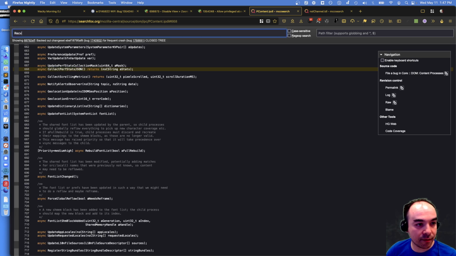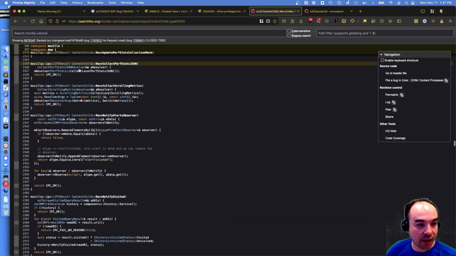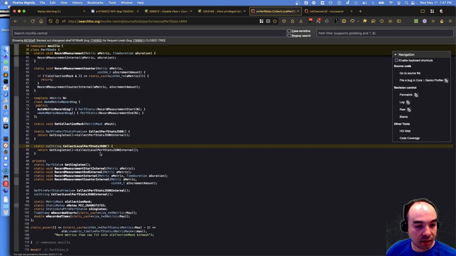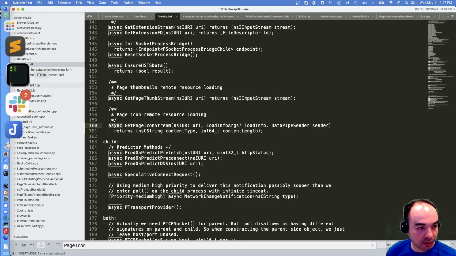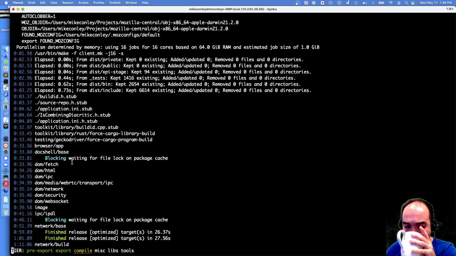When we receive collect perf stats JSON, yeah, there's the resolver. Okay, so I think we've done it right. We're just not doing anything with the resolver. We're not resolving with anything, so we're going to need to do that next.